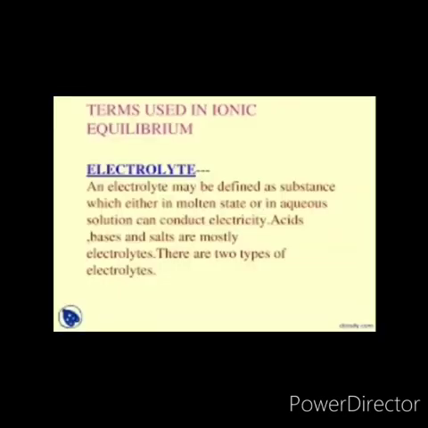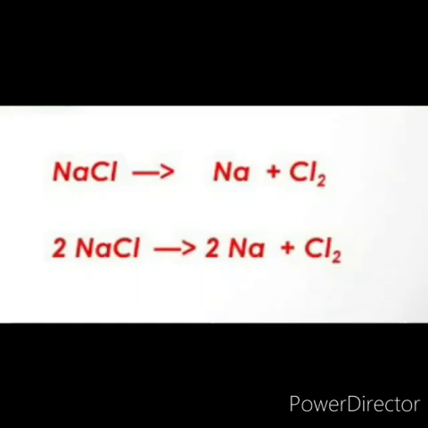Next point is the electrolytes. Electrolytes are the substances which give rise to ions when dissolved in water, or that produce an electricity conducting solution when dissolved in a polar solvent such as water. In electrolyte, electro means chargeable molecule and lyte means break. If we take an NaCl molecule and dissolve it in dilute solution, it gives Na+ and Cl- ions in dissociated form.